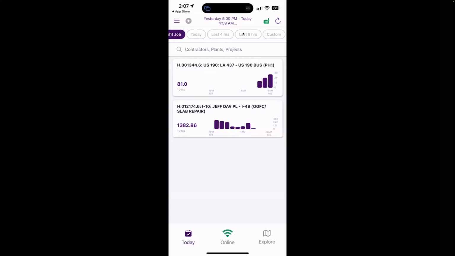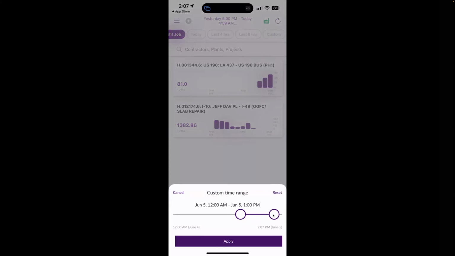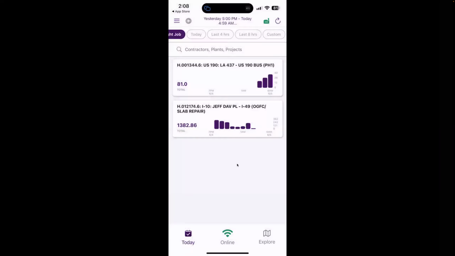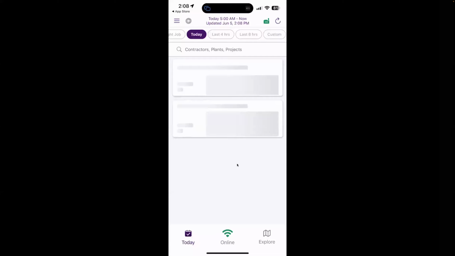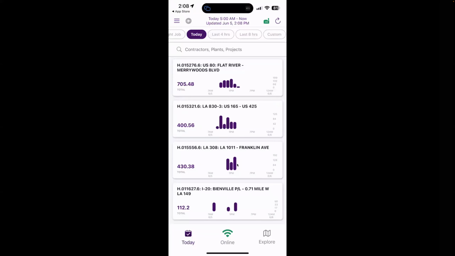In the morning, then you can click this custom range here and make sure that your end time is actually encapsulating the entirety of your shift, from when you actually started for the day or the night. You just apply that, and that way you know that you have all the tickets in your one shift visible. And then from there, that's when, like I had just done, you can click into your job